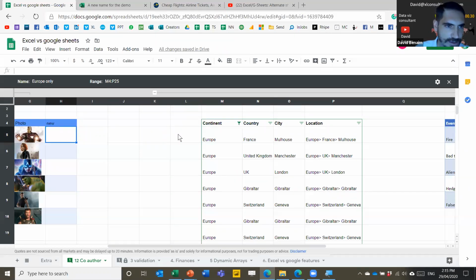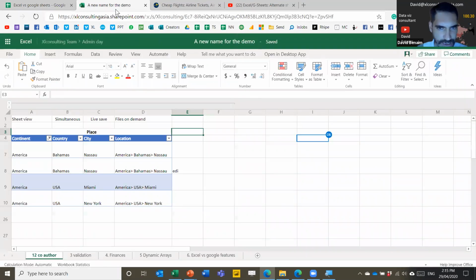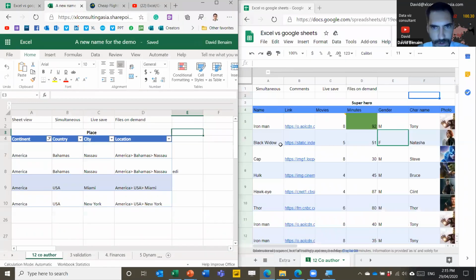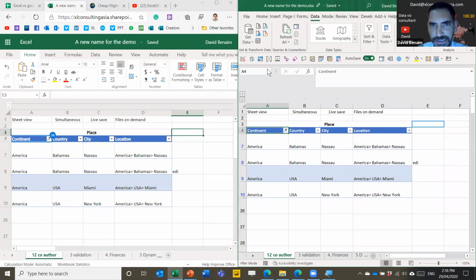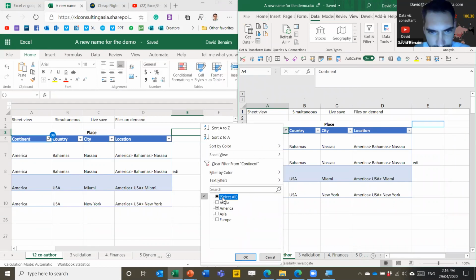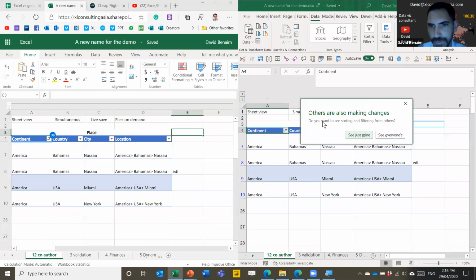All right, another one that I am going to show now is, what happens when people use filtering? If you've done co-authoring, then this is probably an annoyance. So let me go back to Excel. Let's say that over here, this user decides to change the filter. And then this user on the left is just going their own way, doing their own work. And now all of a sudden, there is a change in what they see. This is brand new. Do you want to make changes for everyone?